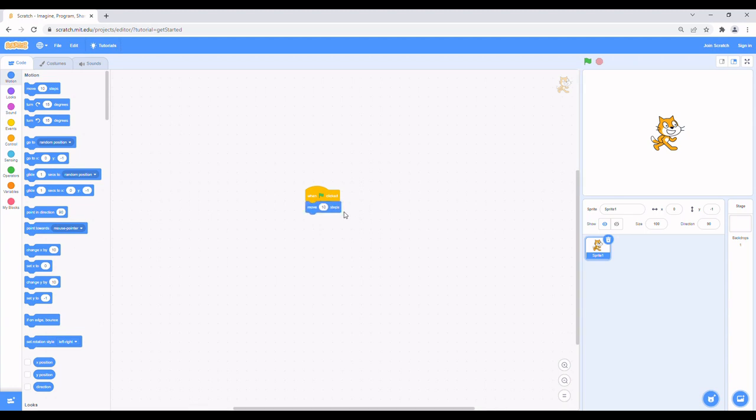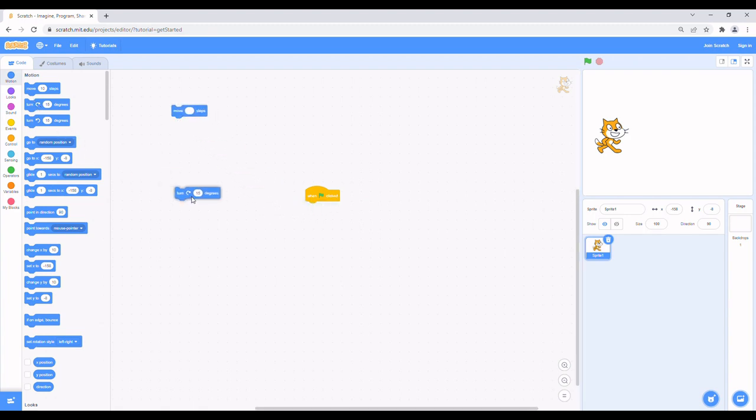Move 10 steps basically lets Scratchy move forward 10 steps every time we click the green flag. We can even do a ridiculously high number, but Scratchy will bump its head, unfortunately. Let's just move that aside for now and move on to the next block, which is